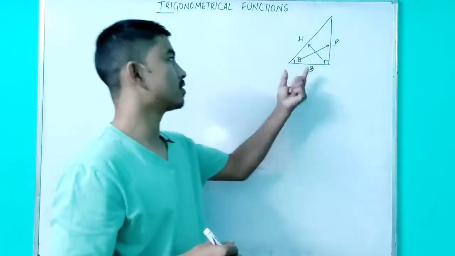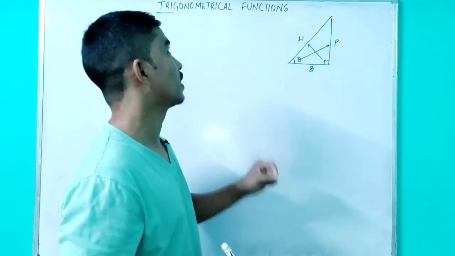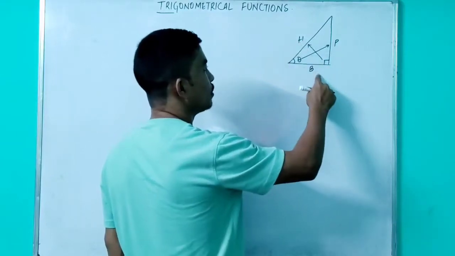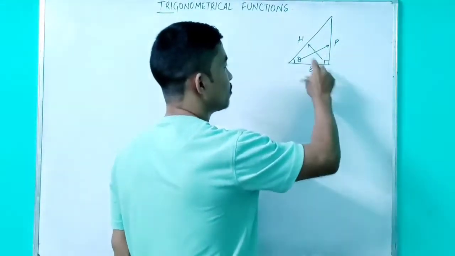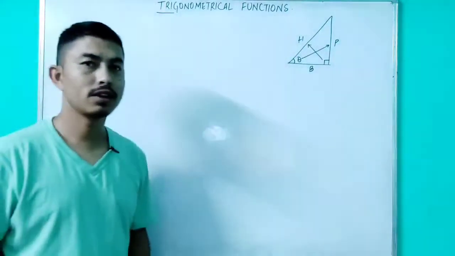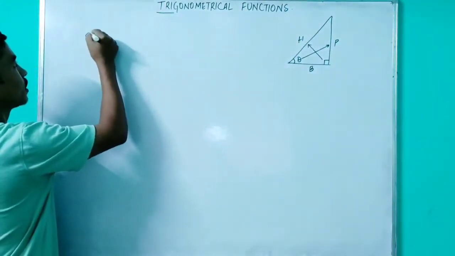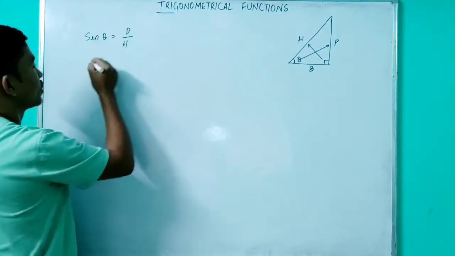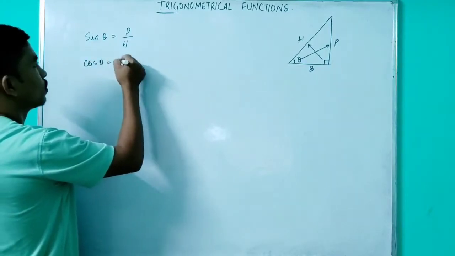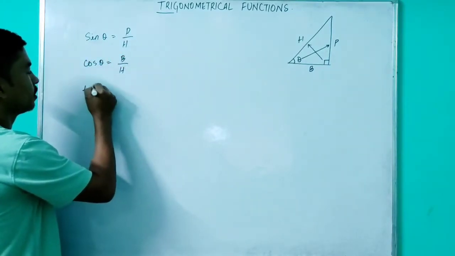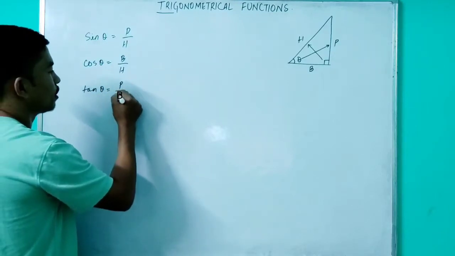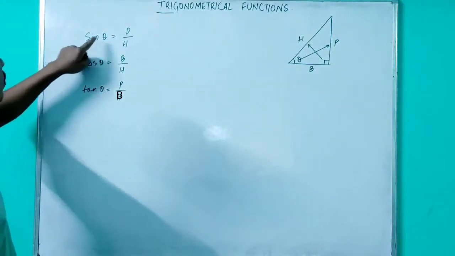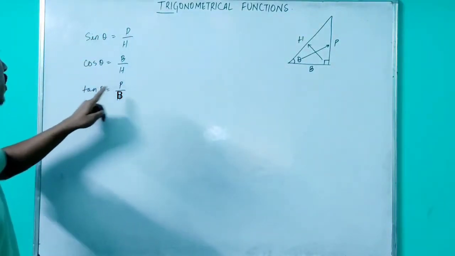So now we have three sides in a triangle, and the ratio of any two of these sides is known as a trigonometric ratio. So what can I do? I can divide perpendicular by hypotenuse, base by hypotenuse, or perpendicular by base. Each such ratio is a trigonometric ratio. The first ratio is sine theta, which is perpendicular by hypotenuse. Then we have cos theta, which equals base by hypotenuse. And then tan theta, which means perpendicular by base. You must know how to remember this. A very easy sentence to remember it: some people have curly brown hair turning permanently black.